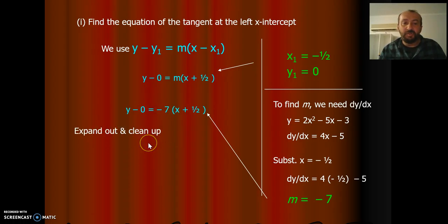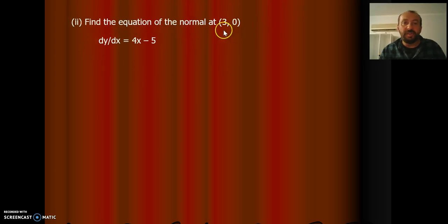Expand out and clean up, which is easy stuff for us to do. And there it is, y equals minus 7x minus 7 over 2. So that's finding the equation of the tangent at the left x-intercept. And there was the coordinates of the left x-intercept. We used this equation using dy by dx. Okay, that's pretty simple. Now we're going to have a look at the equation of the normal at the other